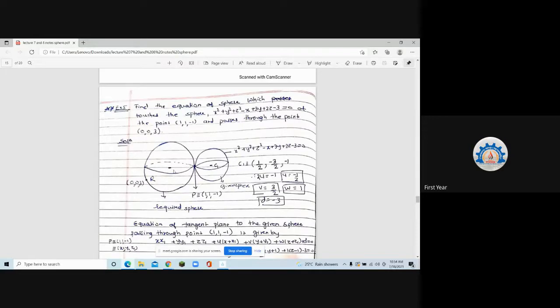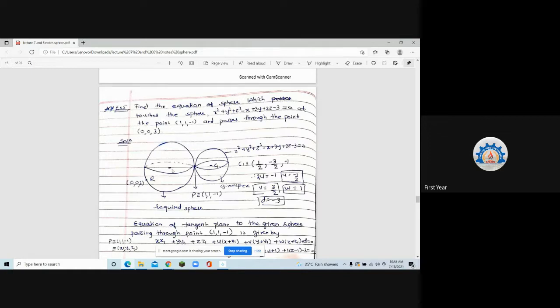See, if I want to use the concept that the distance between center C and R and the center C and P is the same, I'll have to use the distance formula, for which I should know C. I'll write C as (x, y, z), correct? And I'll use the condition that (x minus 0) the whole square plus (y minus 0) the whole square plus (z minus 3) the whole square is equal to (x minus 1) the whole square plus (y minus 1) the whole square plus (z plus 1) the whole square. How many unknowns are there? 3. How many equations from the comparison? Only 1. So will I get x, y, z?